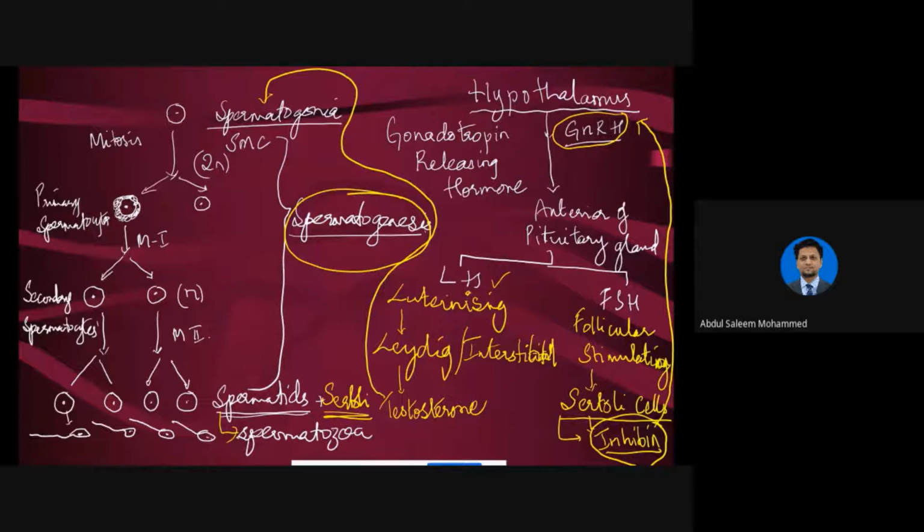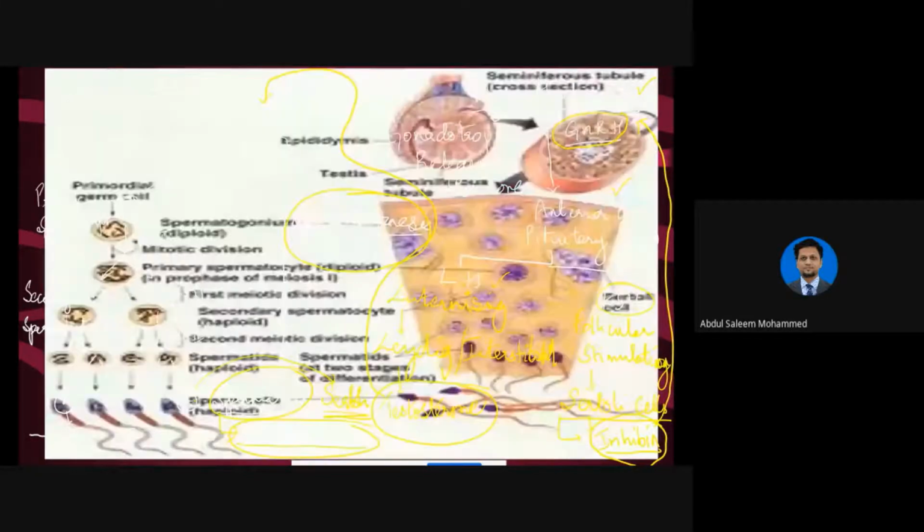So the hypothalamus will come to know that, okay, there are sufficient spermatozoa formed for the time being. So the gland will stop releasing this gonadotropin releasing hormone, and in return, the anterior pituitary gland will stop producing LH and FSH. So there you go. That is how the hormones are released by the important glands, the hypothalamus and the anterior pituitary gland, and you see the role of the hormones which are helpful in the process of spermatogenesis. And on the other hand, we also have spermiogenesis, which is carried out.